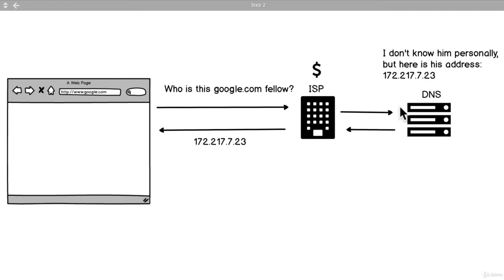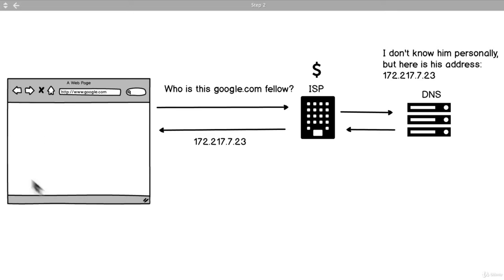We'll get into that later on in the course, so don't worry too much about it, but essentially it's a phone book that has the list of all these URLs like google.com, and it has the addresses of them. Exactly like a phone book, they know where google.com is. So they say, hey, I don't know Mr. Google.com personally, but I do know his address. So you should go check him out. They send off that request back through the ISP, and the web browser, Google Chrome in this case, gets